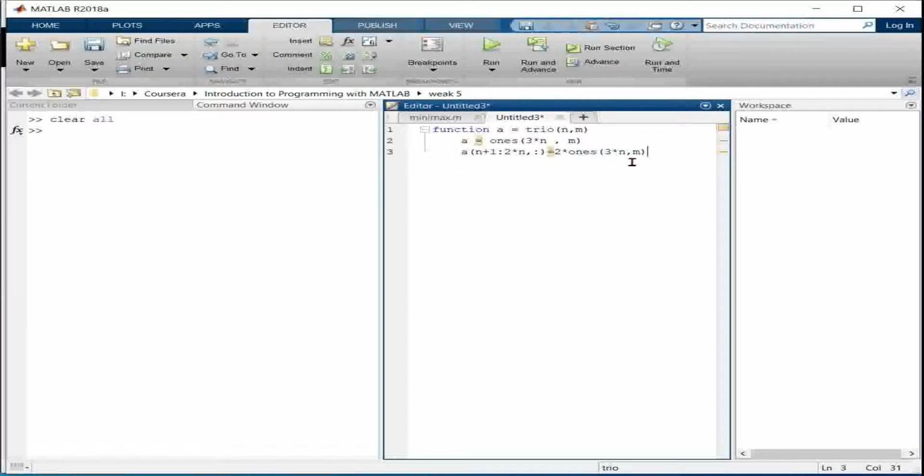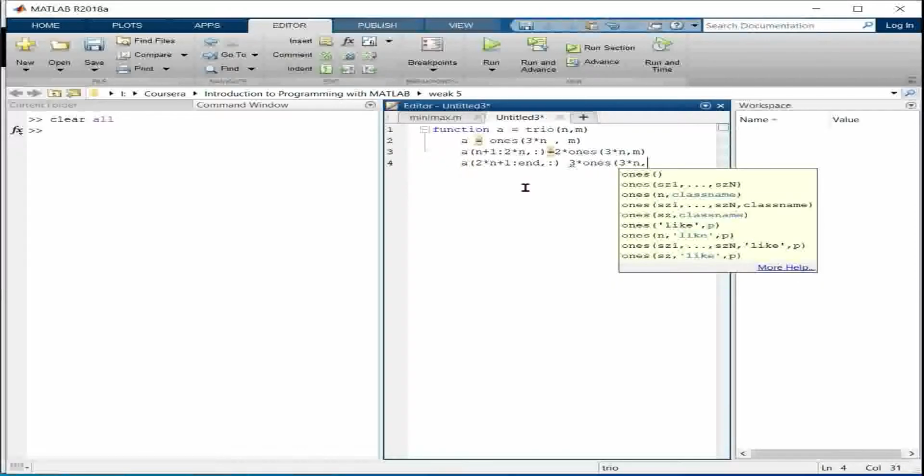After that, for the 3s, a of 2 into n plus 1 till the end, all columns, will be 3 times ones of n comma m.